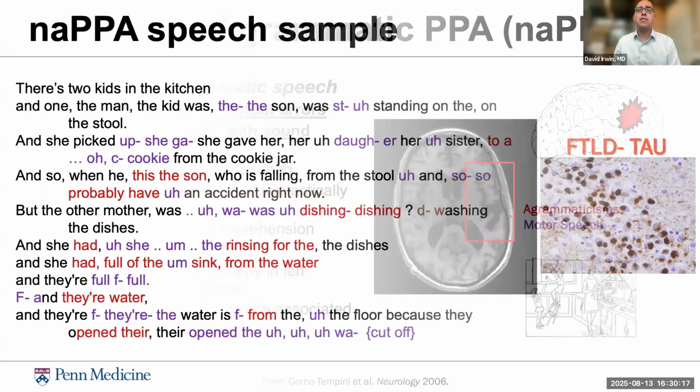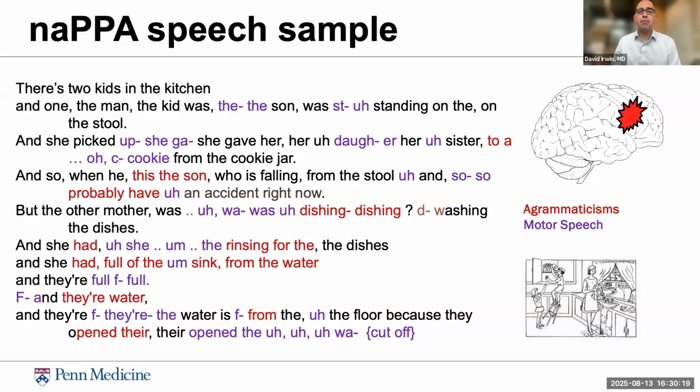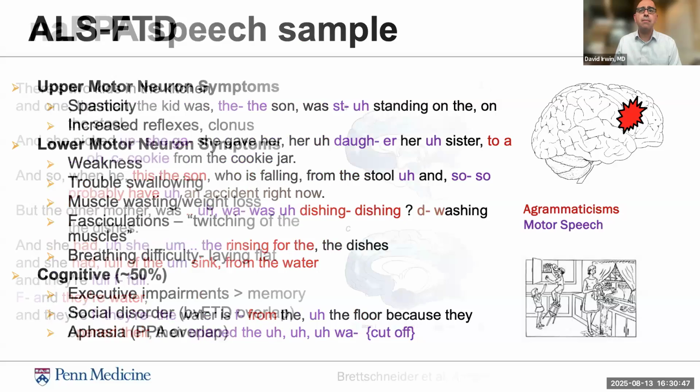This is an example of a speech sample with the same cookie theft stimulus in a patient who had the non-fluent variant. What's being summarized here is grammatical errors and motor speech impairments that are color-coded. Important to note, normal human speech is about 140 words per minute. Non-fluent primary progressive aphasia patients usually speak at about a third of that, in the range of 40. And this is from the work of the late Dr. Murray Grossman, who we have this sample from.